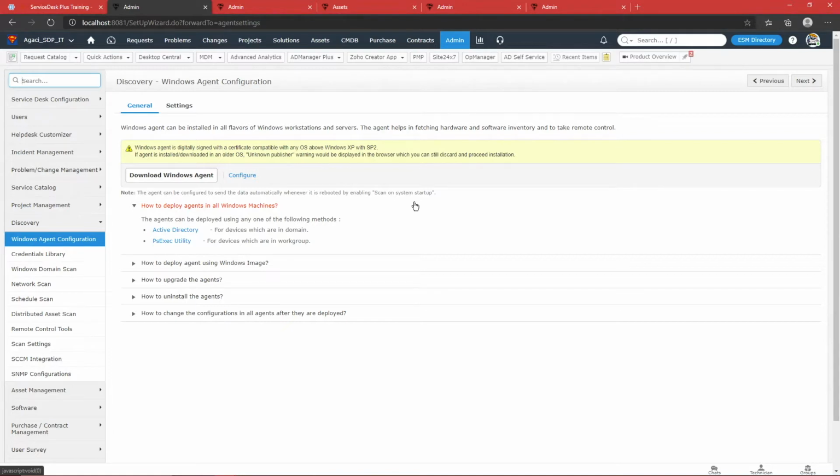So why do we want the agent here when we have a network scan, where we can simply go ahead and connect to the end machines and get the details? If you ask me, I would point to the bandwidth. Let's assume you have 10,000 machines in a site, and let's assume you have scheduled a scan at a specific time, like maybe business hours, right? So in that scenario,